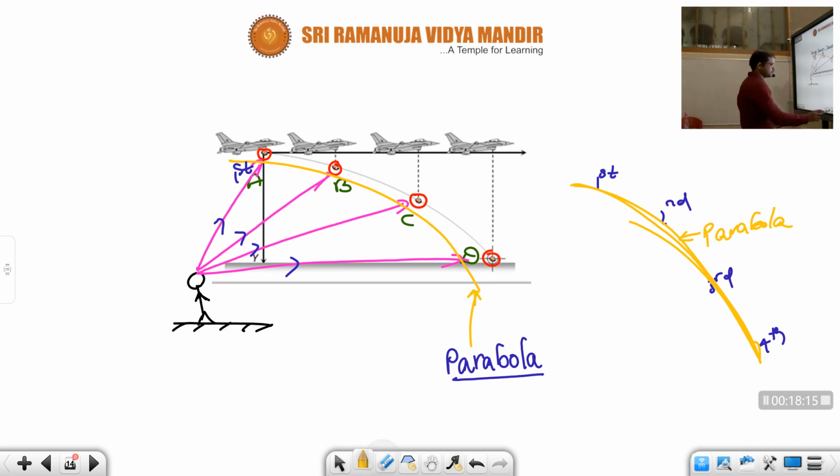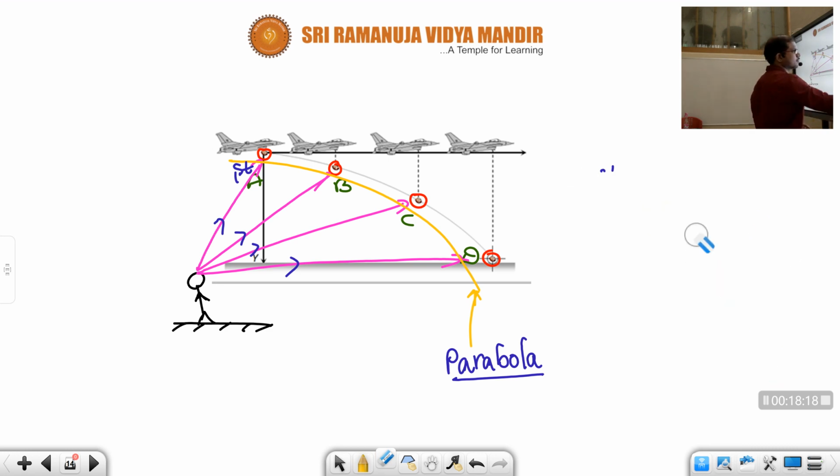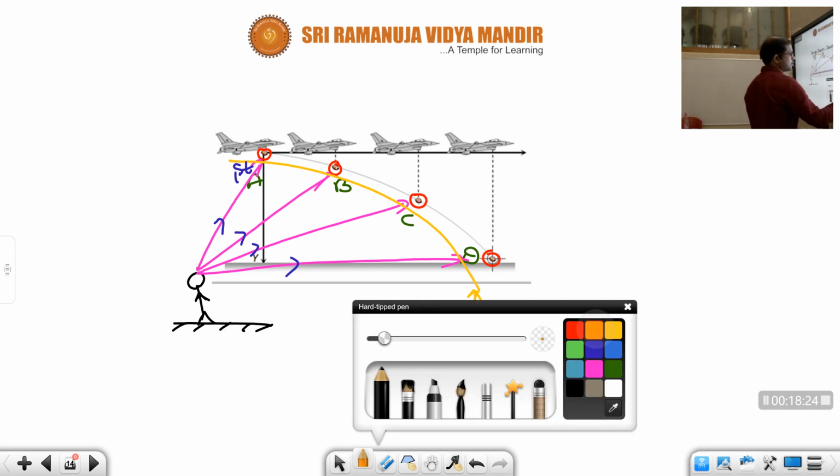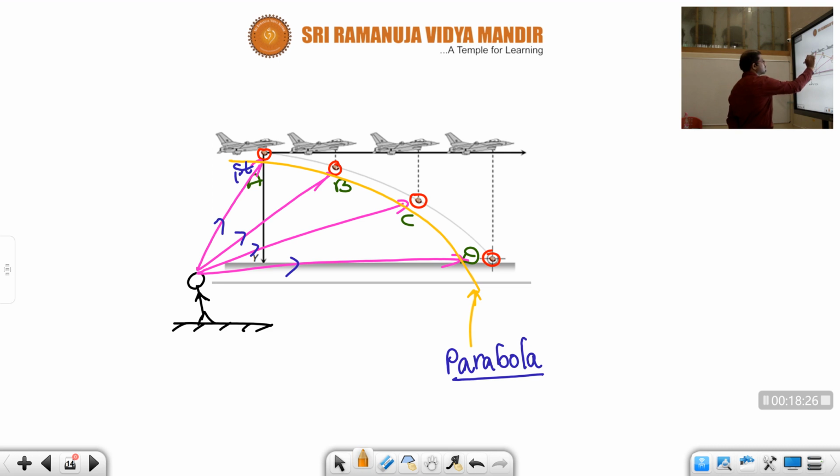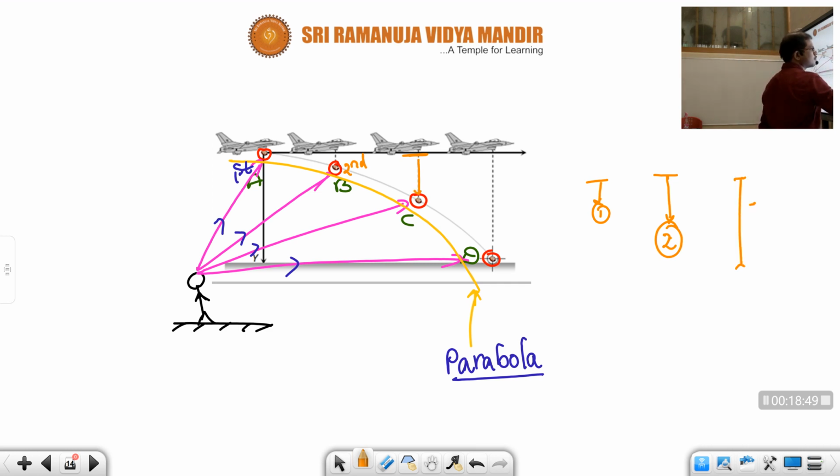See, children, this one is very interesting. For the pilot, in the first position, the point is appearing down, like the bomb going down. In the second position, how will it appear? In the second position also, for the pilot it will appear down only, children. At the third position also, how will it appear, children? Moving down. Now at the fourth position, how will it appear? Moving down only.